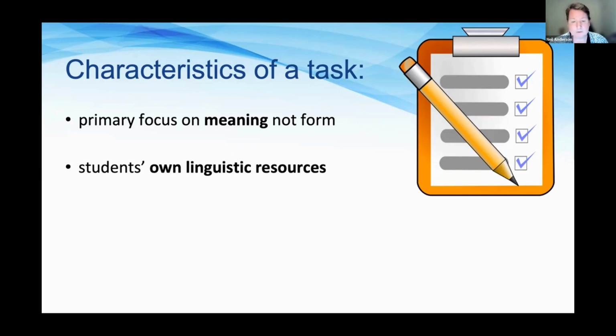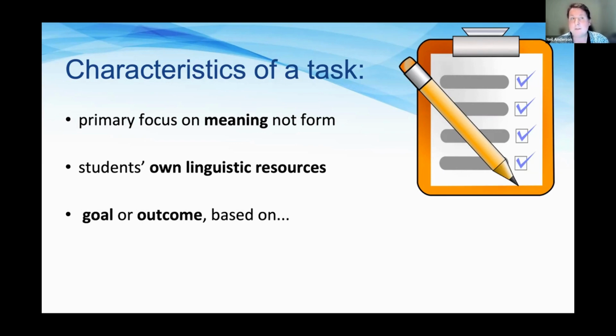So this is the student's own linguistic resources. It's not about what the teacher tells them to do: use this structure, use that structure. It's about learners being able to use whatever they can in order to do something with language, in order to create meaning. And this creation of meaning is usually about achieving a goal or an outcome.